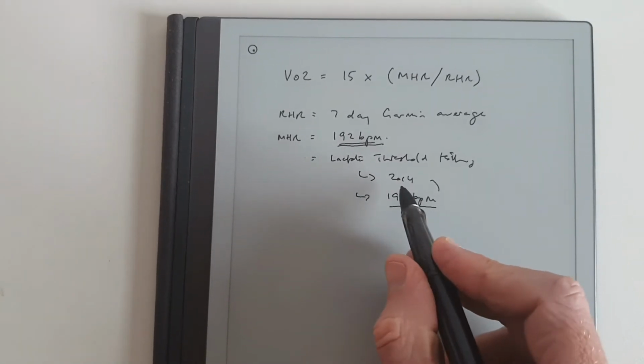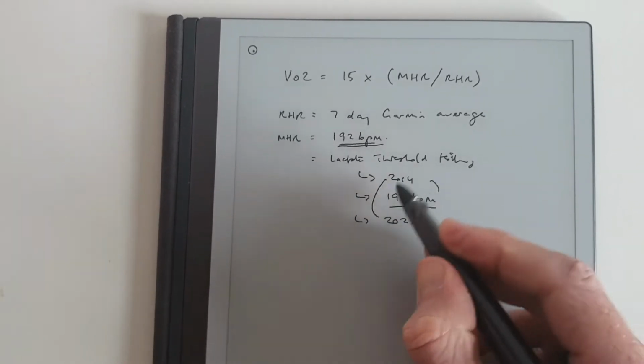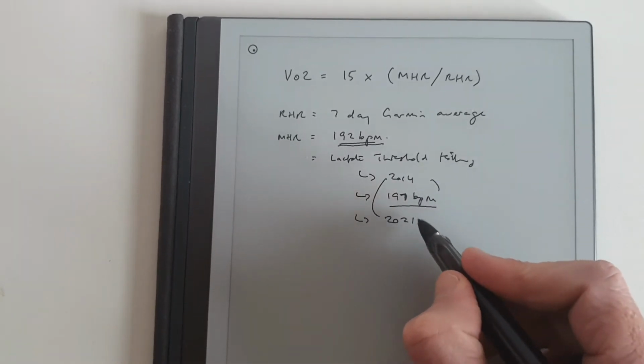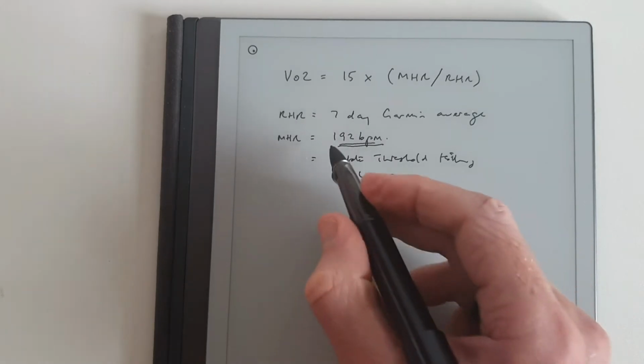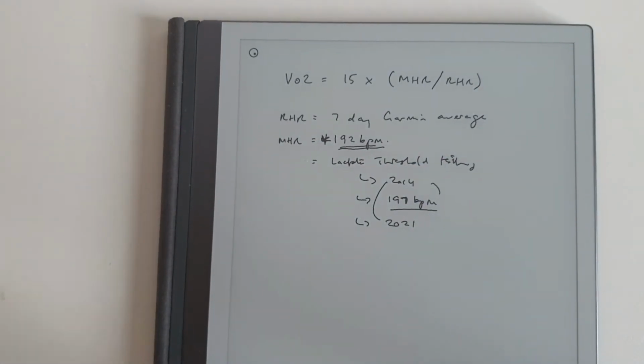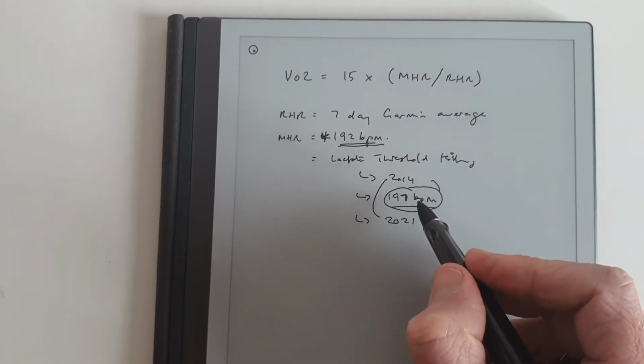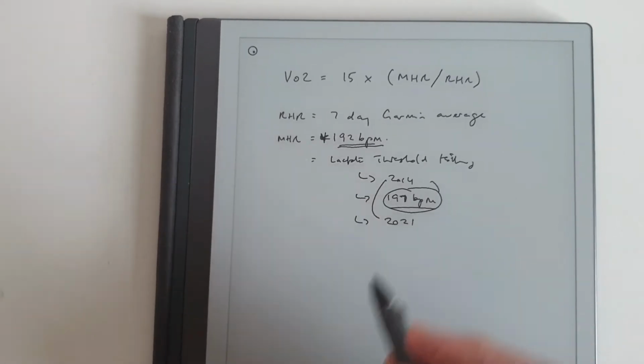So we're now in 2021, so about six or 7 years have passed. I've decided to reduce my heart rate 5 beats because I felt that this 197 was maybe a little bit conservative. Okay, so let's calculate